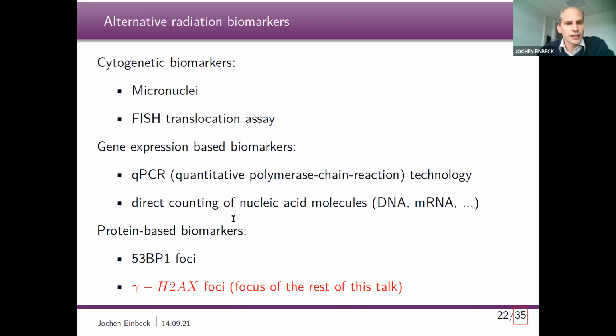Okay, but this brings me to some alternative biomarkers, which I want to briefly mention here. So there are the micronuclei, where you briefly saw an image further